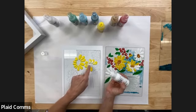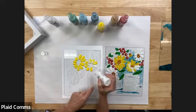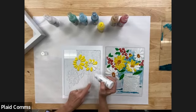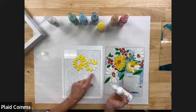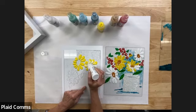So I'm going to put a little bit of white in those 3 petals. And then I'm going to do these petals just in the white with a little bit of yellow that I did not, on purpose, I did not wash off the tip of my bottle. And then I'm going to do maybe a little, almost like a stripe or a vein directly in that yellow. And I'll actually hold this up, guys. Hang on. So I'm just using the white right out of the tip and just almost placing it on top